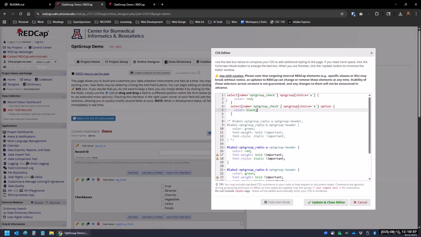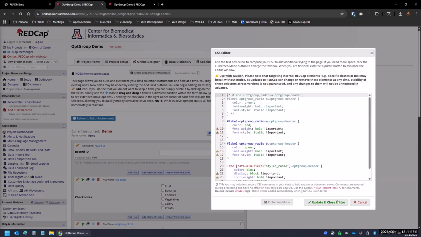And from what I read in the documentation, it seemed like it would apply to all the values. So if we wanted this to be red, it would apply to all the values in red. But in order to get the categories to be red and the values to be black, you have to basically assign them all a red color and then go into the option, which is the actual choice, and then change it to black. I wasn't able to get this to work in here. So I'm not sure exactly what I'm missing, but the way I